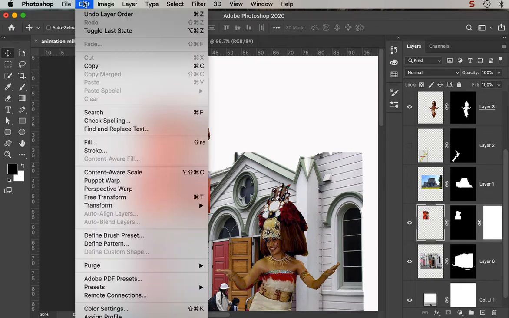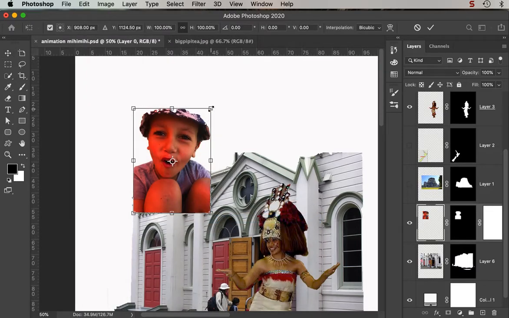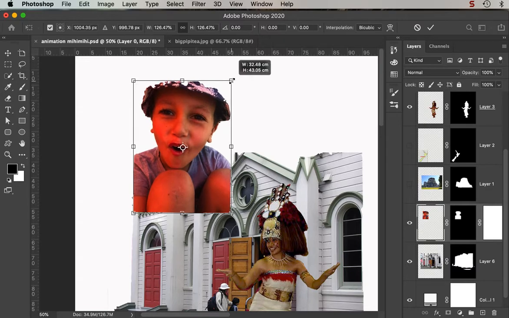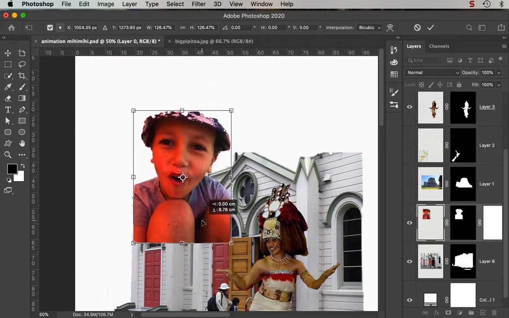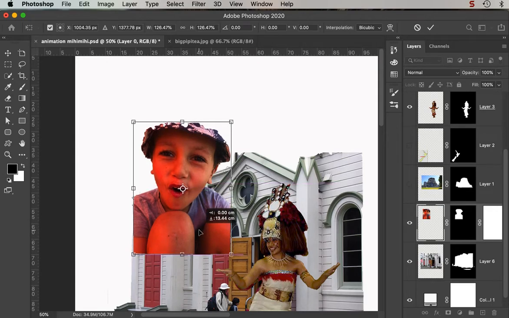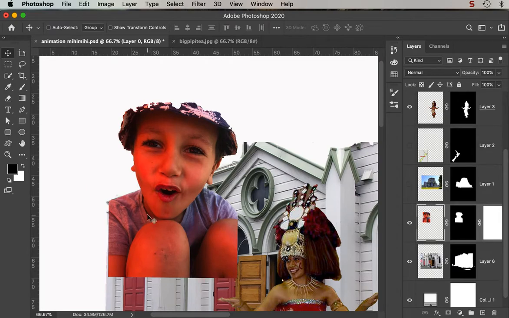I'm going to go Edit, Transform Scale, and I'm going to increase the size of him a wee bit. Now what I'm doing here as well, I'm trying to line up his knee with that so that it'll look nice when I merge the two together. I'm holding down the Shift key so I can just move him down nice and straight. And actually it's quite good because the other knee kind of lines up with the door a bit, so there's some nice things that are going on. Hit return, Command plus just to make it a wee bit bigger,